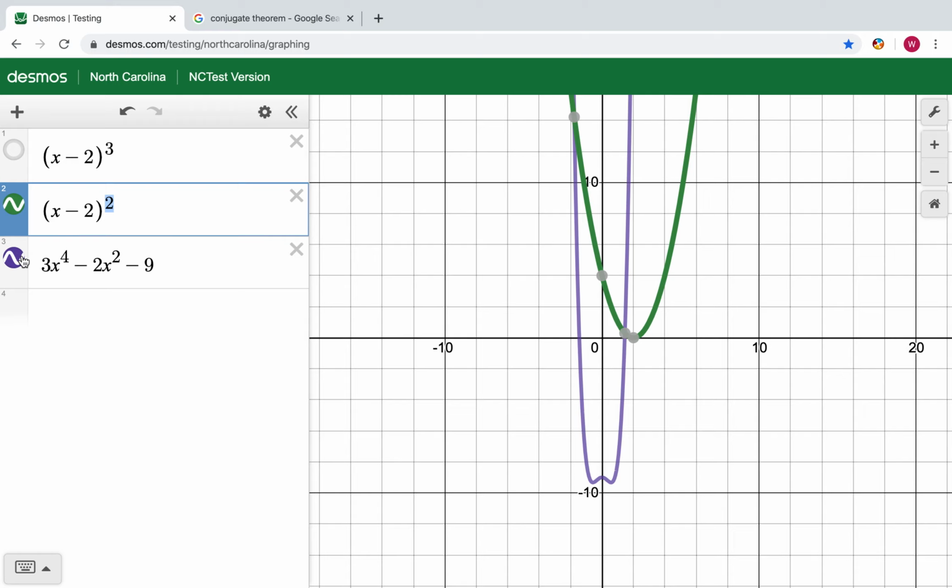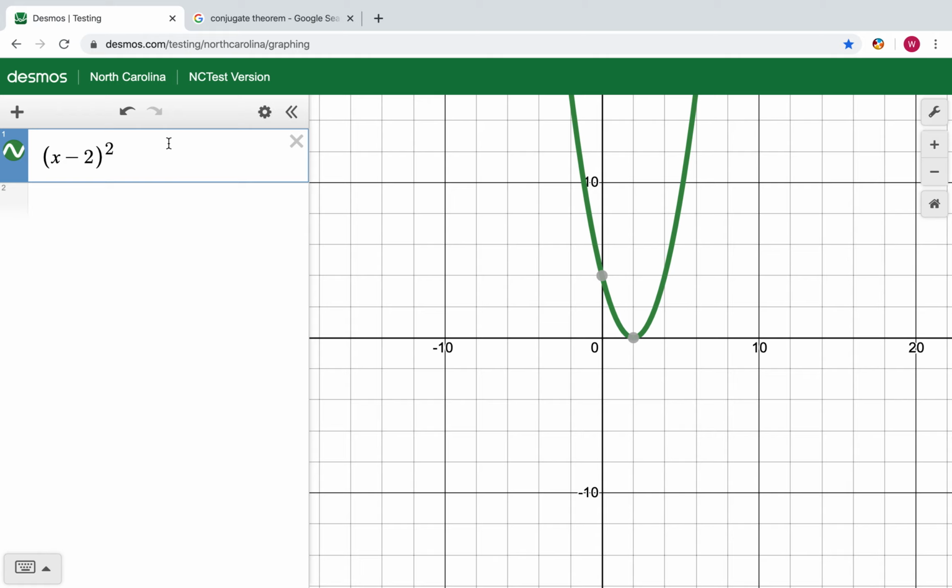Alright? So if you look at this quadratic, now this is where knowing the fundamental theorem of algebra comes in, because most of you would multiply it and you would see it's an x squared. Do that, you'll never get it wrong. But you can say, oh, it's got a degree of 2, therefore I know it has 2 solutions. Now, what are they? Well, I only see 2. So the way you would answer this is there's 2 solutions. The solution is 2, but it occurs twice. Okay, so this is what multiplicity means,